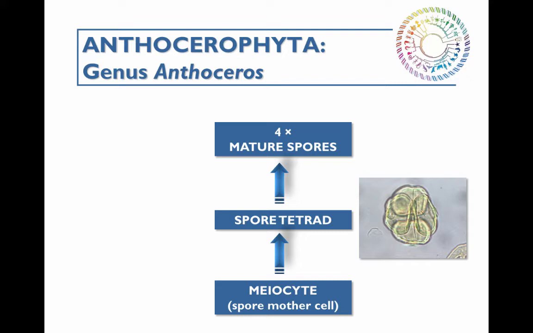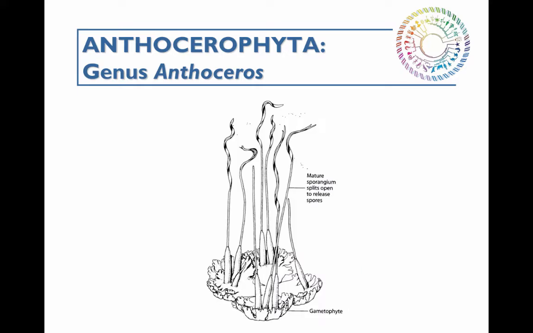But there is this gradation in terms of the maturity of the cells inside the sporangium, with the mature spores at the apex and the immature cells down at the base. So how can we explain this gradation of maturity of cells inside the sporangium? Well, I think there's an ecological explanation, which becomes apparent if you look at the way in which the sporangium